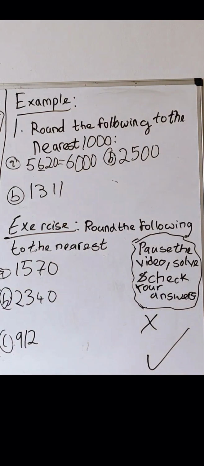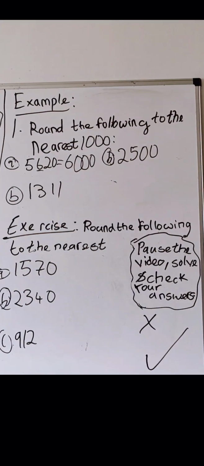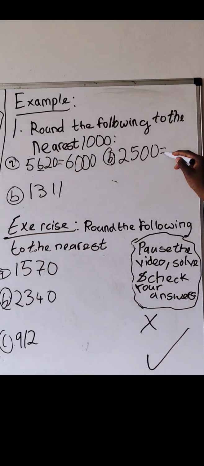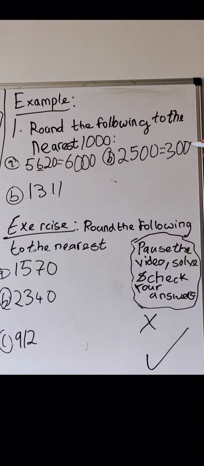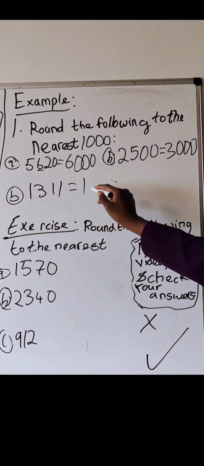We're moving on to B. So we have 2,500. This will turn to 3,000 because this 5 is a round up number, and this will turn to 0 and we add 1 to 2, which will make it 3. This will be 1,000